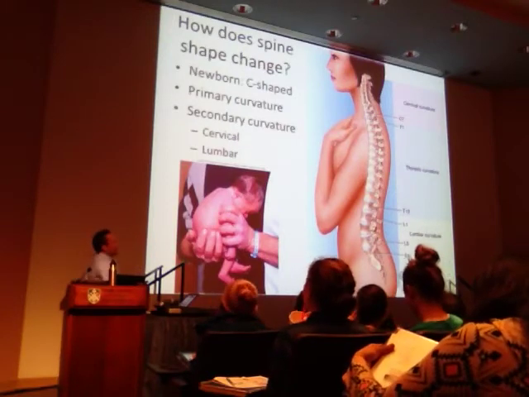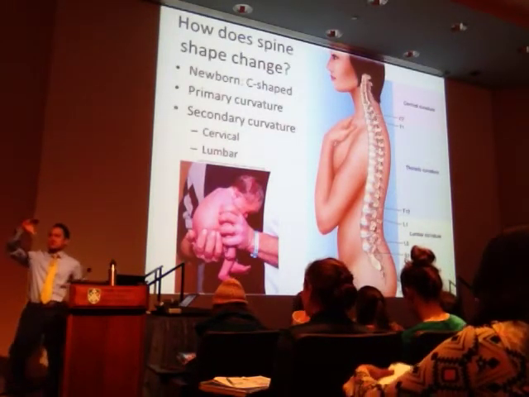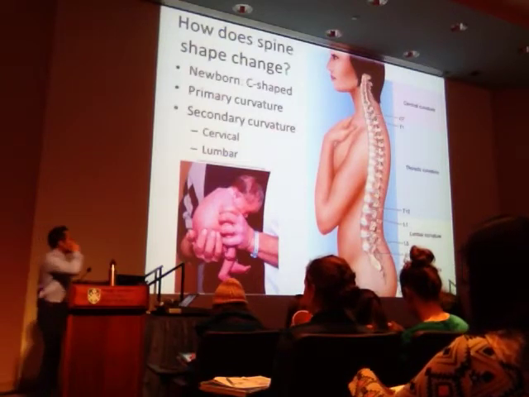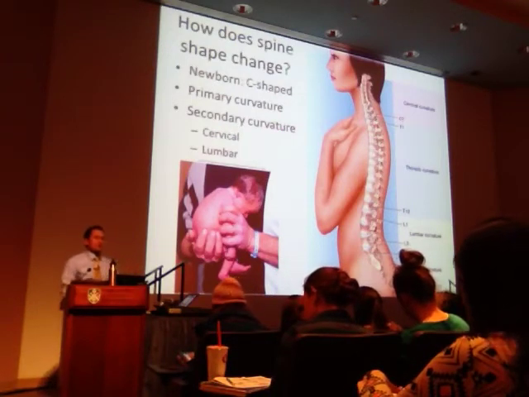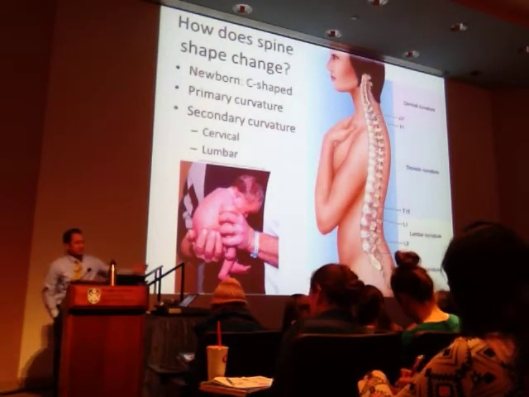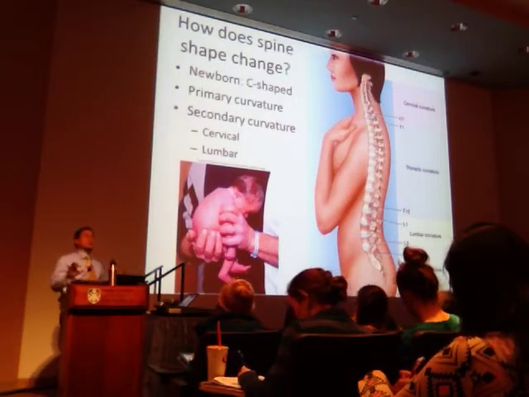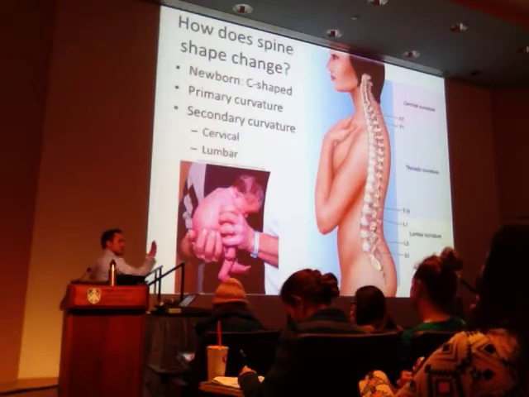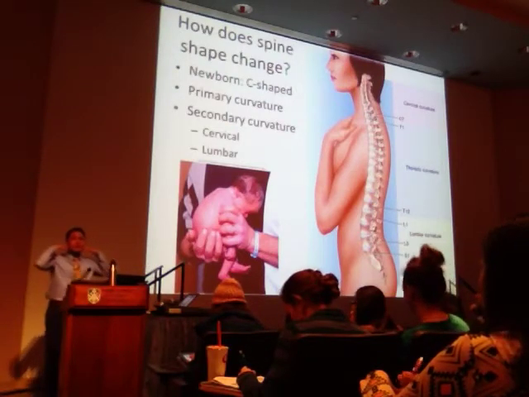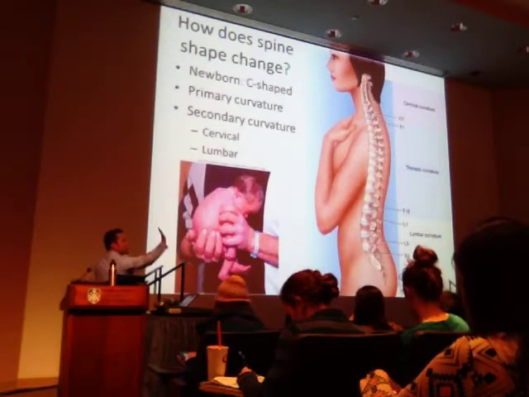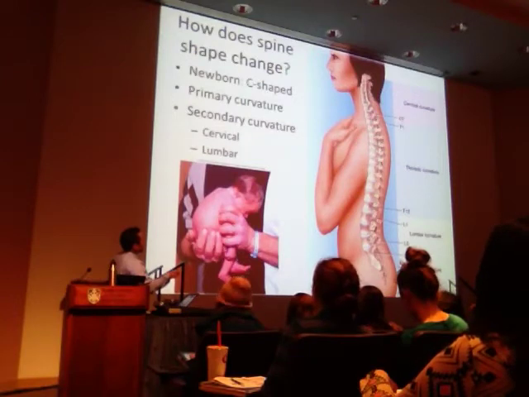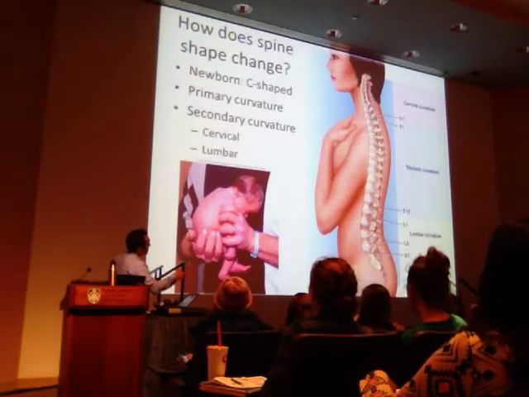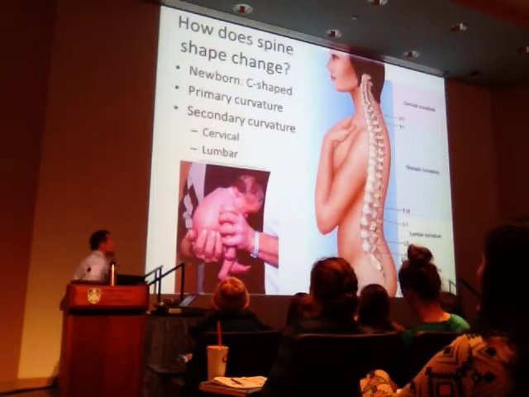All right. So when we're born, our spine is in this C-shaped curvature. And as we develop, we get our secondary curvatures, because that primary curvature is the C-shape. Developmentally you start lifting your head first, and then you start crawling and lifting your head, right? That puts stress on the cervical region, the neck, and that creates the curvature in the neck region. If you look at the bone, there is a curvature as this individual lifted their head, and the spine goes from a C shape and starts to take that turn in the cervical region.